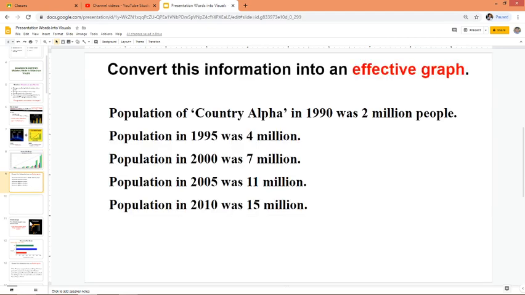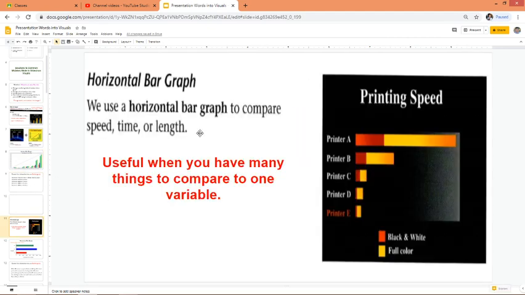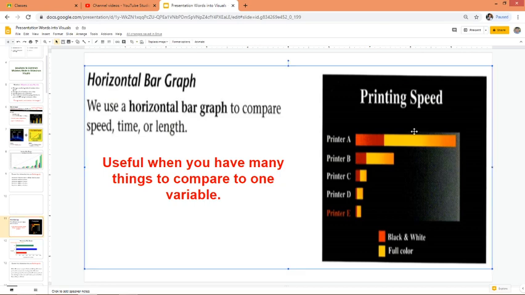All right. Next type of graph I'm talking about, the horizontal bar graph. So this goes side to side, and we use this graph to help compare speed, time, length, or distance. It's useful when you have many things to compare to one variable. Okay, so in this graph right here,